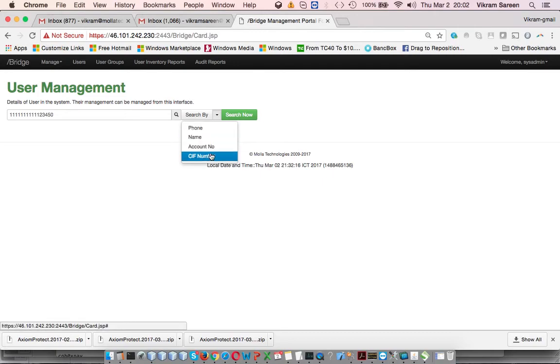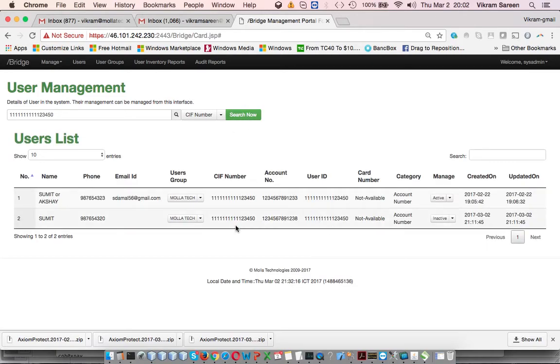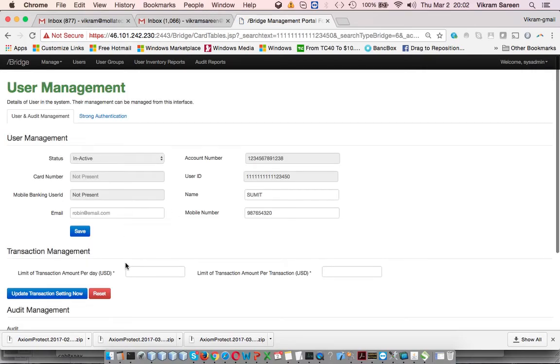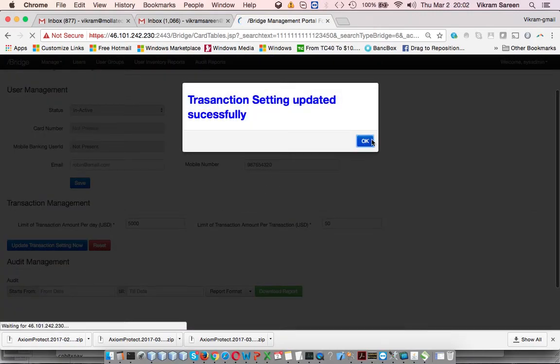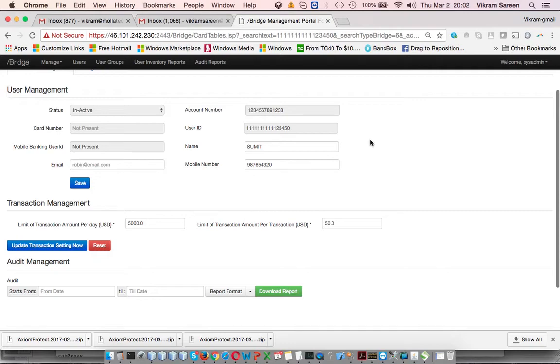for a specific user, if you want to have the flexibility where I want to allow this user, or I want to restrict this user to a different setting or to a different value, you can come over here and say that, okay, transaction amount per day for this particular user, I only want to give 5,000, not 20,000. And then per transaction, I just want to give $10, or let's say $50. So then when I update it, it will get updated for this particular user, not for the whole group,